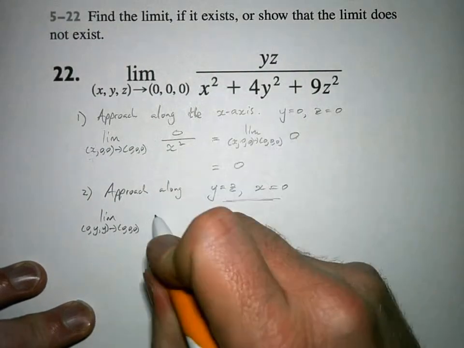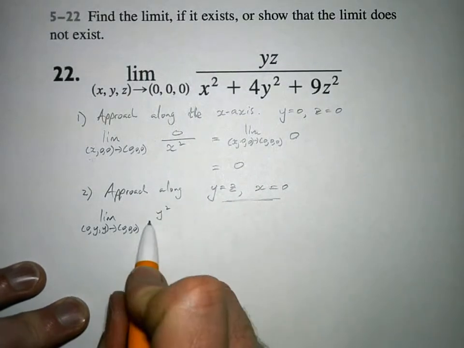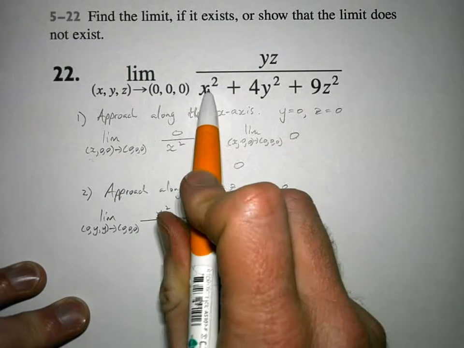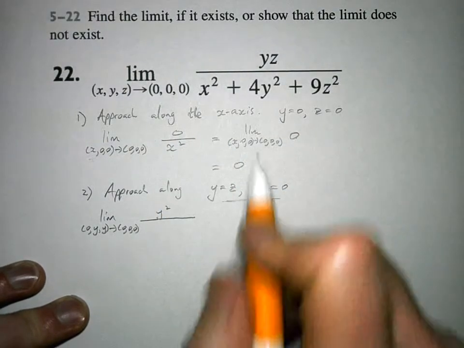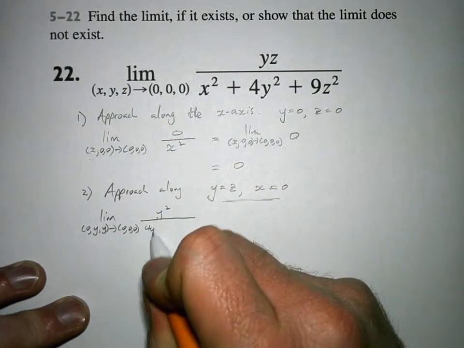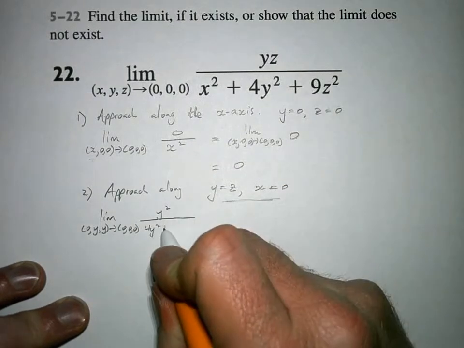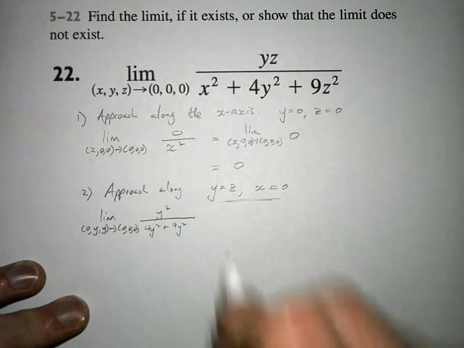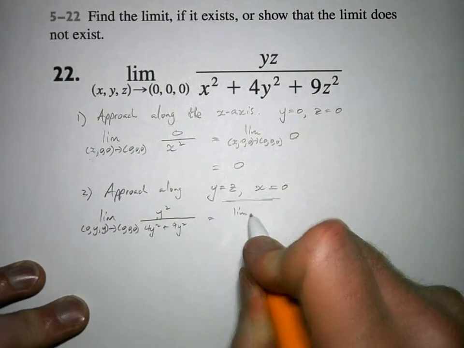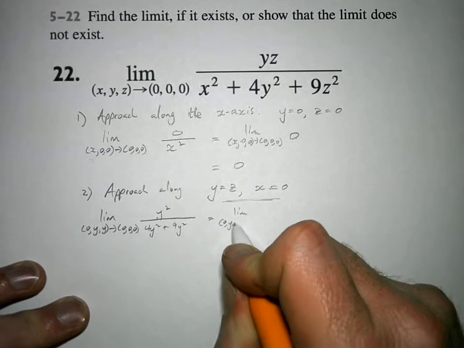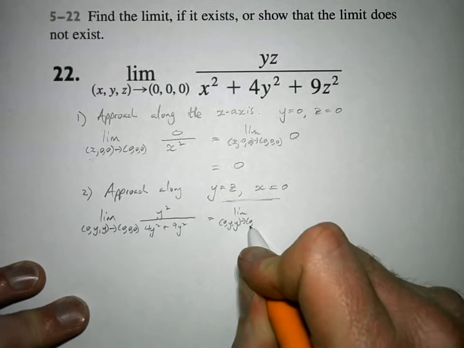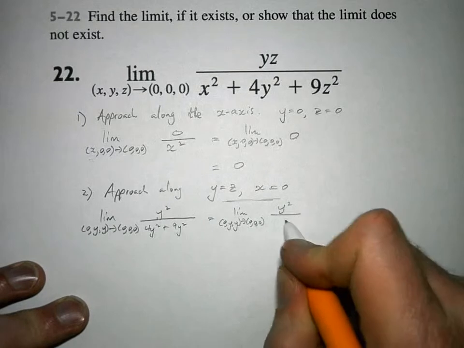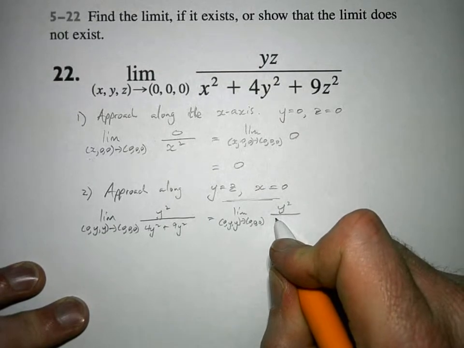And now our function becomes y squared, we replace z with y, all over x squared disappears because x is 0, 4y squared stays 4y squared, and 9z squared becomes 9y squared, because of course y is equal to z. We can simplify this just a little bit. The limit as (0, y, y) approaches (0, 0, 0) of y squared over 4y squared plus 9y squared